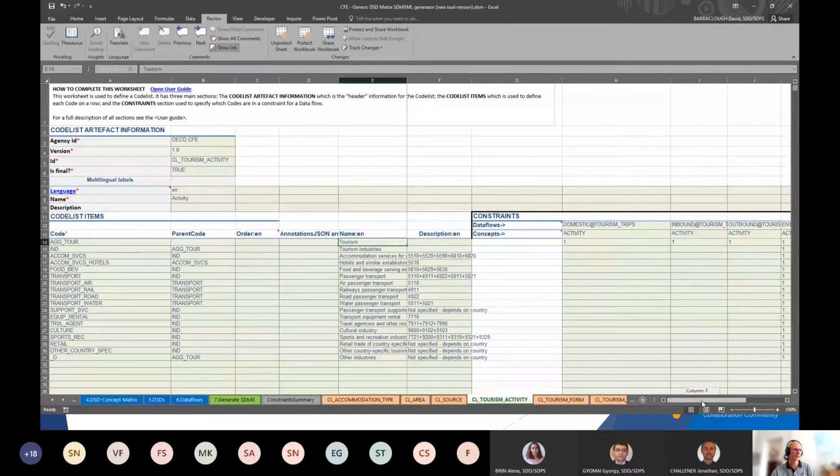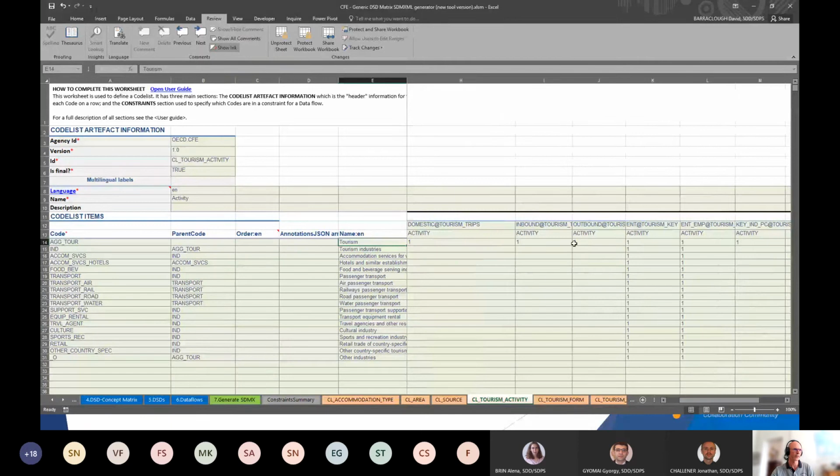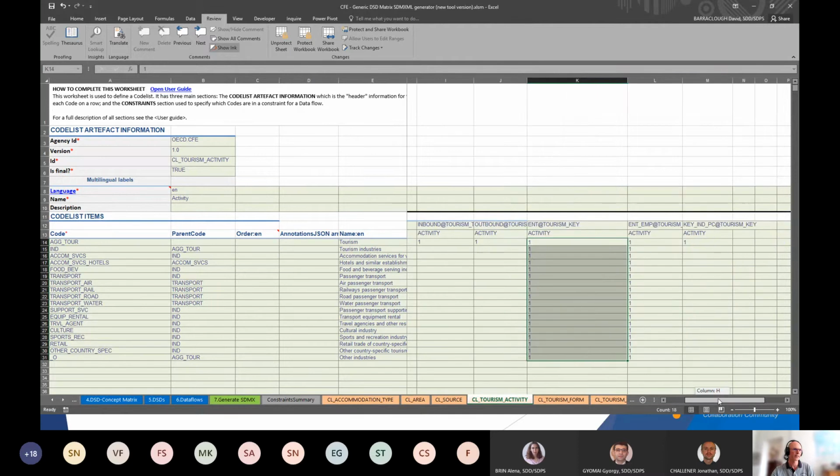And also for these other data flows, but for something like a tourism key, all activities are allowed in the subset. And that's how to define